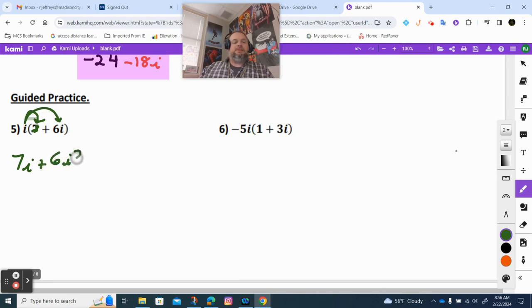Yep. 6i squared. Now, what do we know is going to happen right here? Yeah. 6 times negative 1, and we're going to end up getting negative 6. So when we're done,